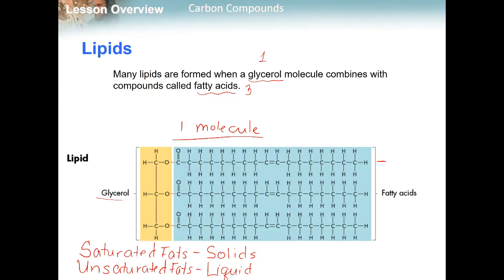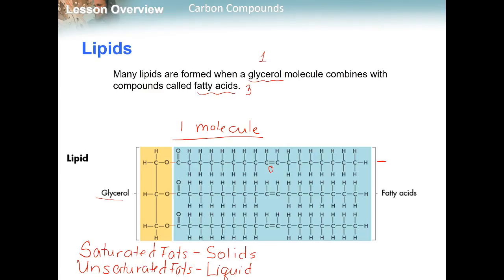When we have unsaturated fats, that means that each carbon is not holding two hydrogens. So let's take a look at our fatty acids. We're seeing all the way up to here that our carbons are holding two hydrogens, except for these two. So when I look at that and I'm trying to determine whether it's a saturated fat or an unsaturated fat, that to me is going to be unsaturated